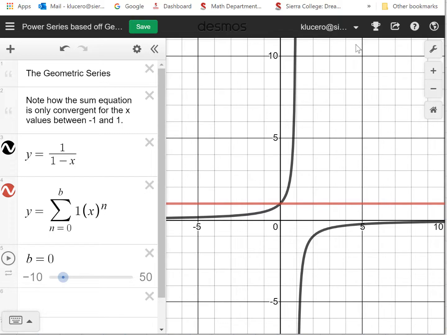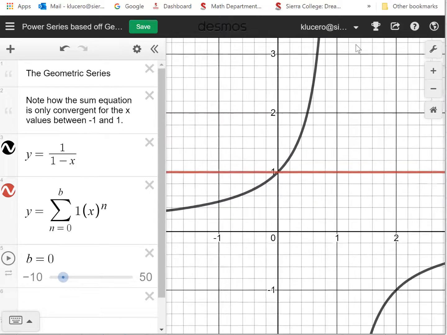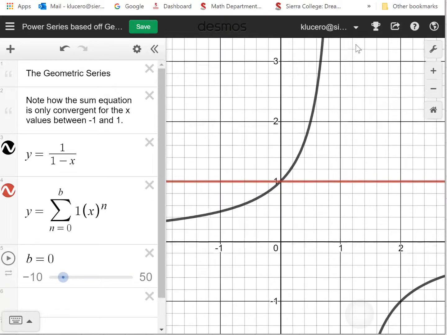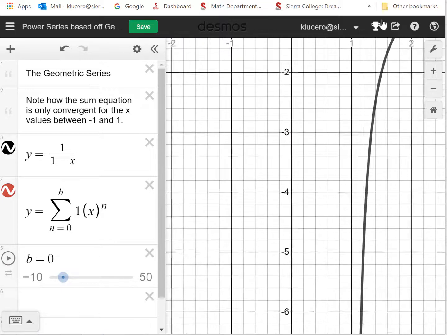So let me get in here and let's zoom in again here. I think that's probably a little bit better. Zoom in from -1 to 1. So in black again, the function 1 over 1 minus x, which we know is that rational function, vertical asymptote at 1. And now let's take a look at what happens between -1 and 1